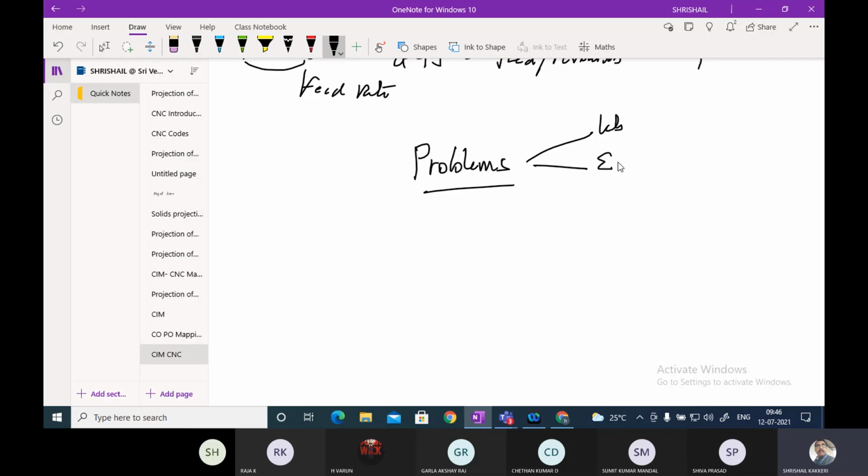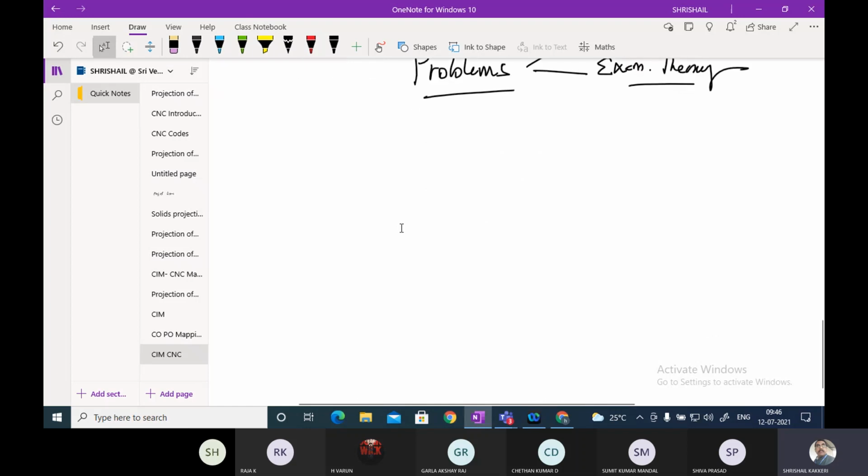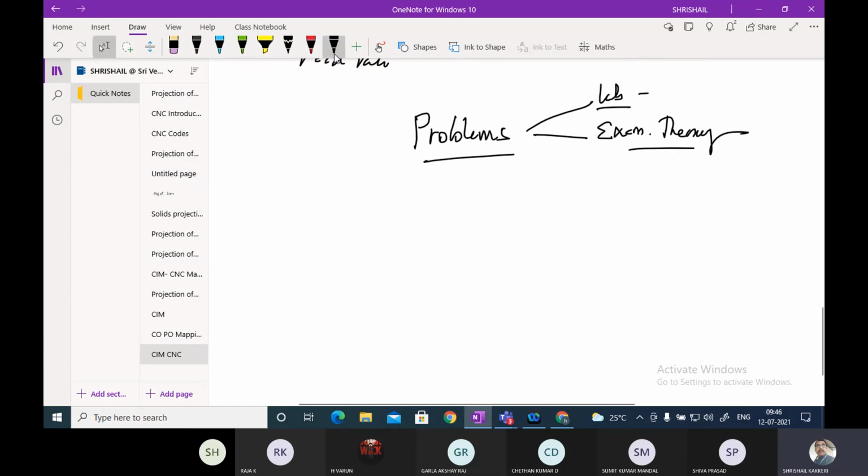As well as the exam theory. For the theory, the problems are also important. In the laboratory, you have to do the CNC turning and milling program. You have to do that. Okay, now let me